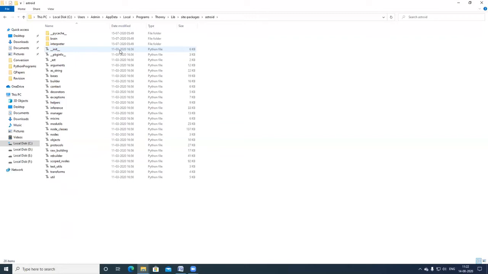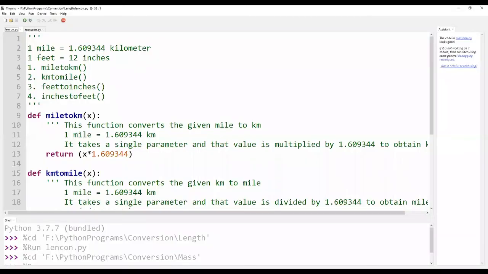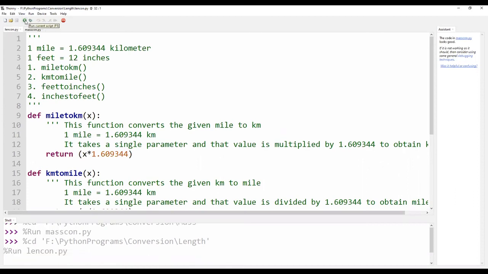Now let us discuss how to run this particular package, and this is our last step. Kindly ensure that lencon.py has been saved inside the length subdirectory and that you have compiled or interpreted it. Just run the program.